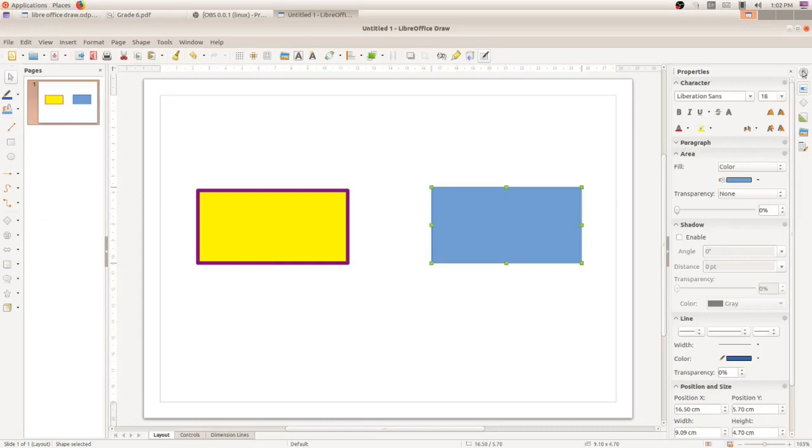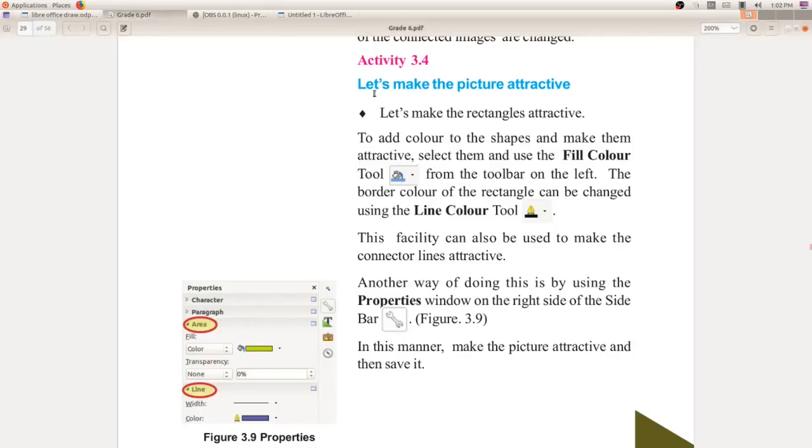I have already told you the first one is Properties, written here in blue color. Don't bother about this symbol. Whatever symbol is given in your textbook, you have to study that for the properties window.